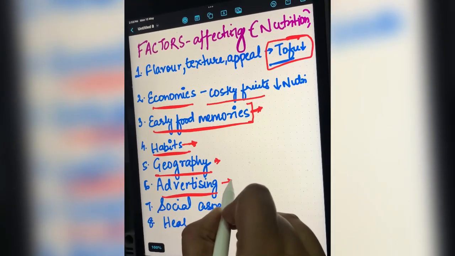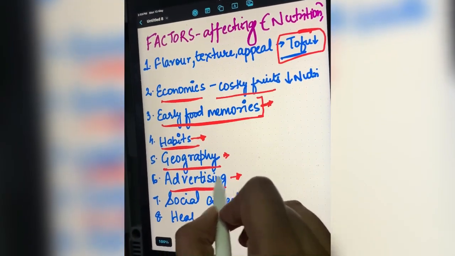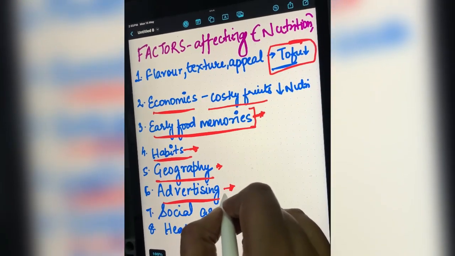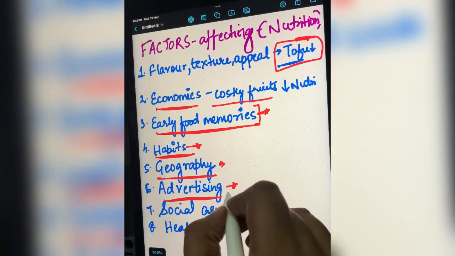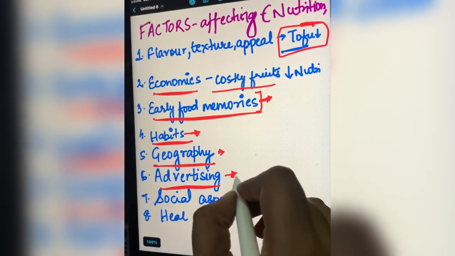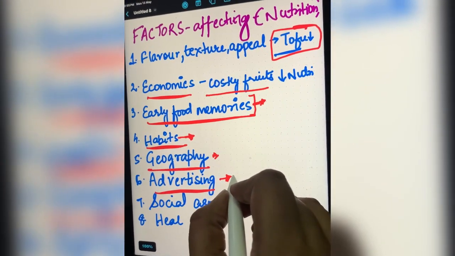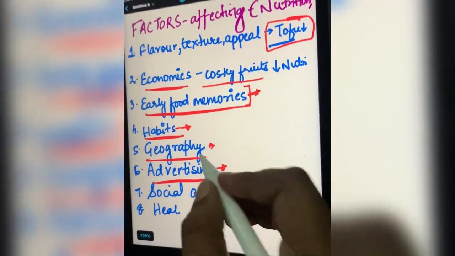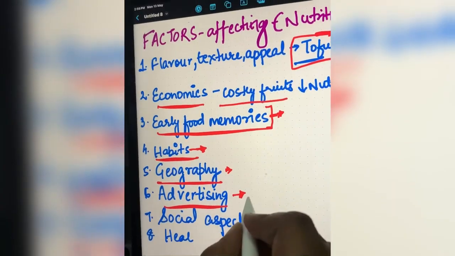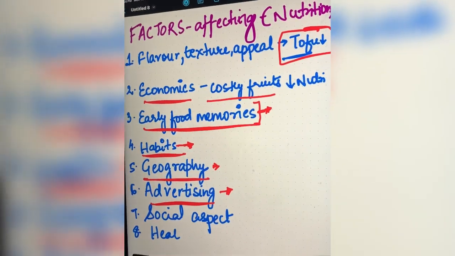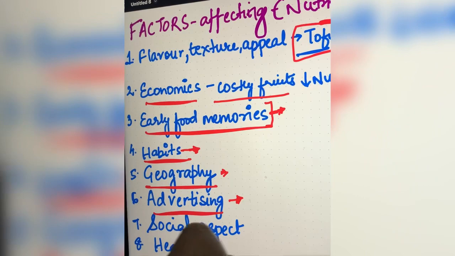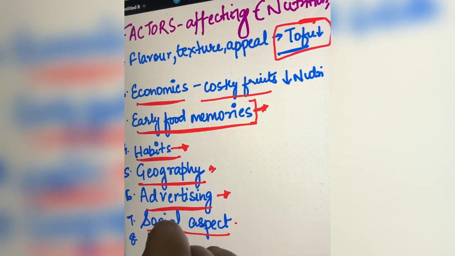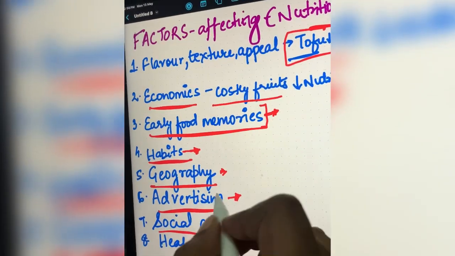Advertising. The thing which gets more advertisement gets more importance nowadays. For example, we see lots of advertisements related to millets. So nowadays millets and oats are the new trends, and they are in fashion. Everybody wants to have oats or millets in their diet without even knowing their nutritious value. Social aspect. This is again one of the factors, and so